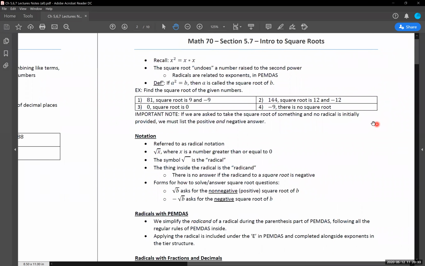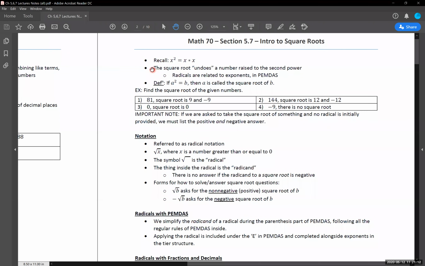So square roots, and in a more general sense, radicals are basically the opposite of exponents. Recall based on our first part that we have up here, that x squared is the same as saying x times x. It's something raised to the second power. It's something multiplied by itself that many times. So the square root, quote unquote, undoes a number raised to the second power. And again, this is specifically for a square root in the second power. Essentially, it's just undoing what we already get as a calculation.